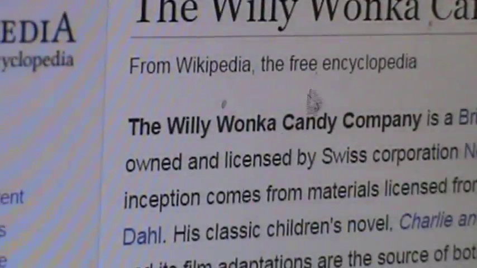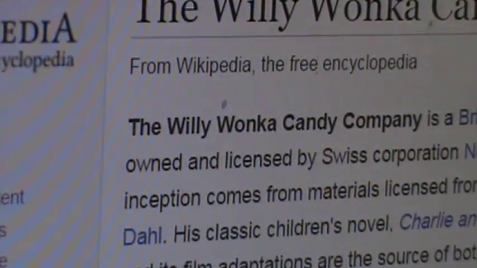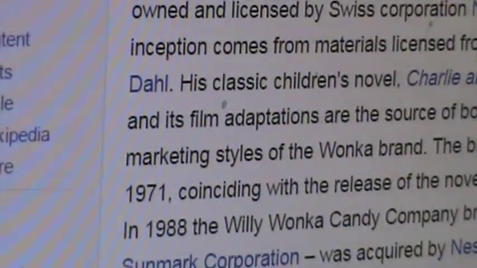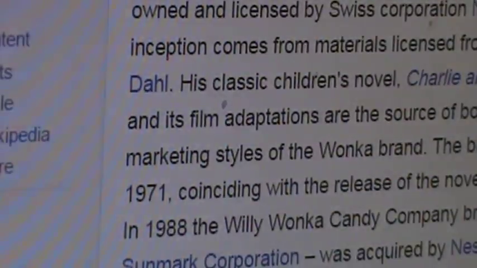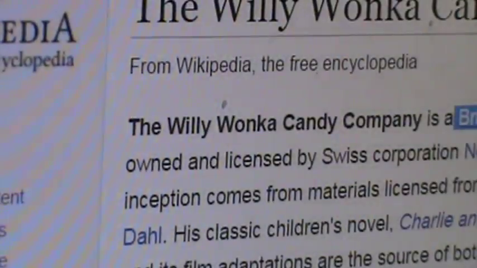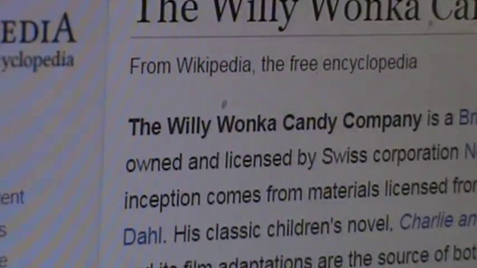Okay, on the table. There we go. The Willy Wonka Candy Company has been solved straight out of the United Kingdom. It was previously owned by Sunmark, which is also +1 Father. It was a British brand. Of course it's British. British is Father, flawless in its design. It is a British brand, so a British brand is also Father. Okay, of candy.